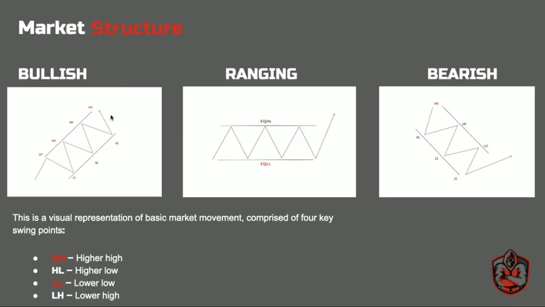One, we have a bullish sentiment, which is referred to as an uptrend. It's when price is printing a series of higher highs and higher lows. And then we have a ranging market. It's when price is printing equal highs, equal lows. Essentially, you can call it support and resistance levels. It's when price just doesn't really have a direction, it's just moving sideways. A bearish sentiment, referred to as a downtrend, is when price is printing a series of lower highs and lower lows. So like I said, these basic market movements are comprised of 4 key swing points: higher highs, higher lows,